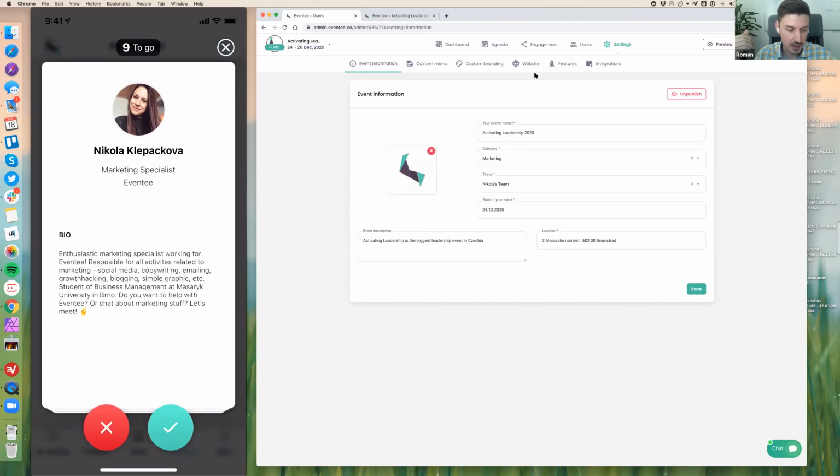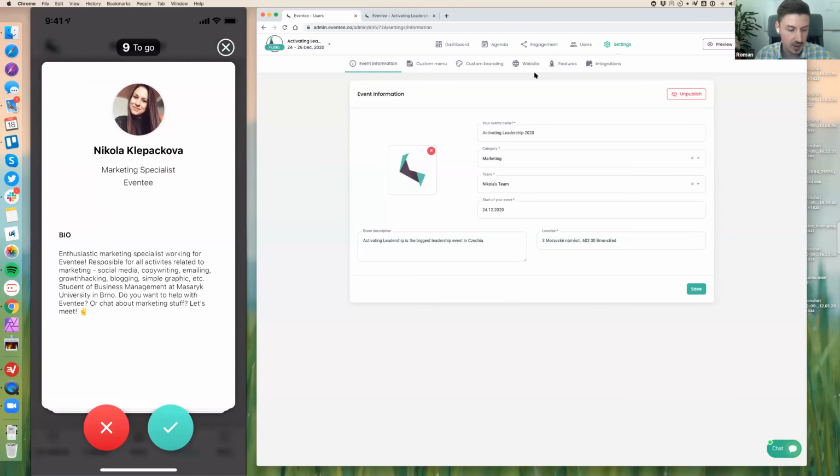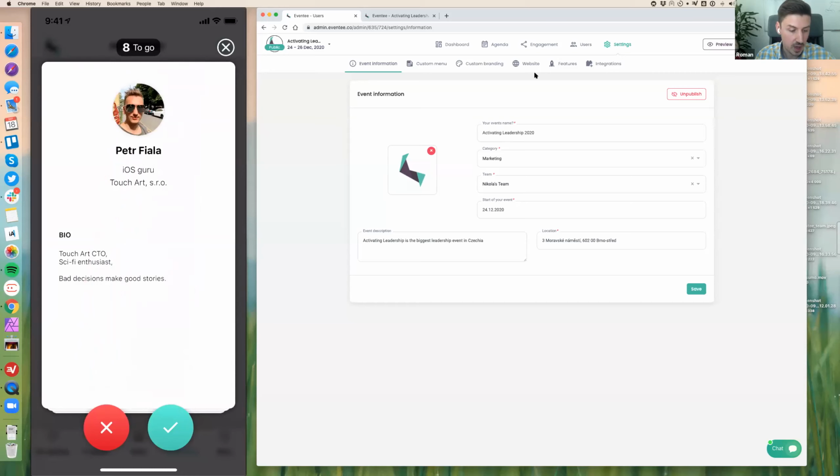Once that's done, you can go through the list like it's a Tinder-like experience. You can check every single attendee and decide, hey, this person may be not interesting for me because I'm developer, and this one is for marketing, so let's pass. This one is iOS developer, let's give him a like. That's me again, sorry, this is testing account, but okay, let's give myself like. You have to go through this list,